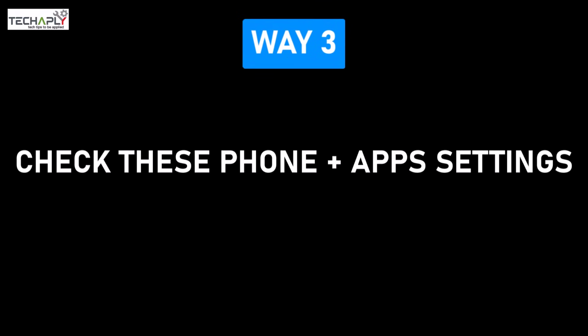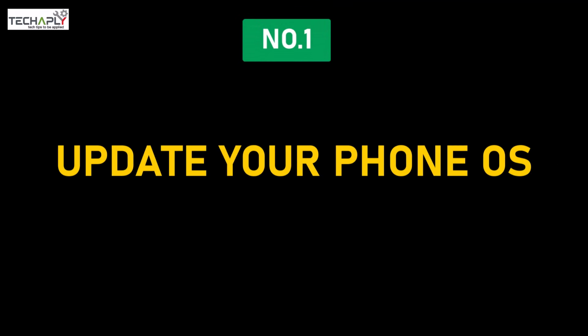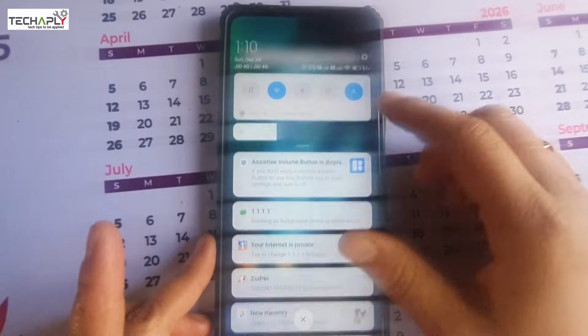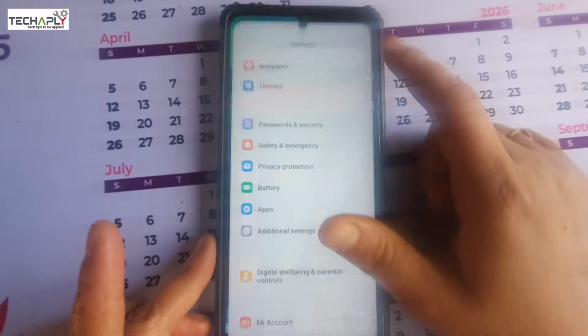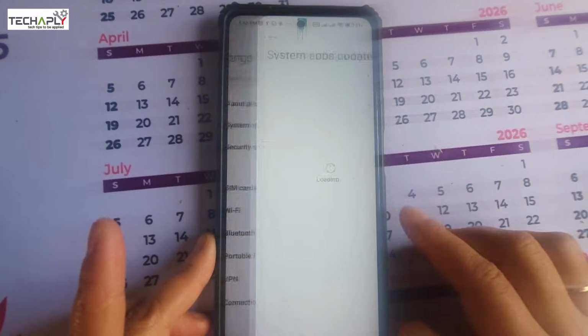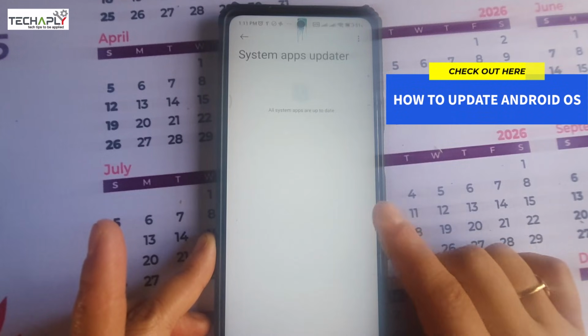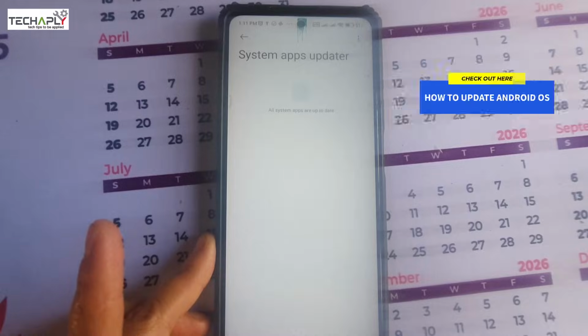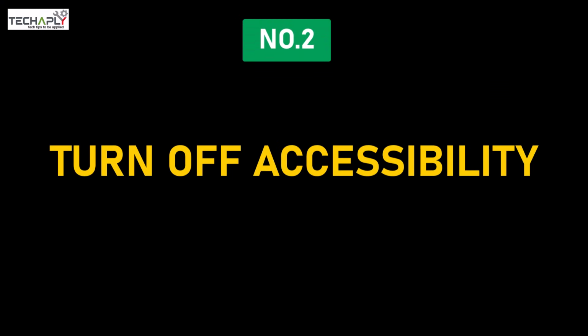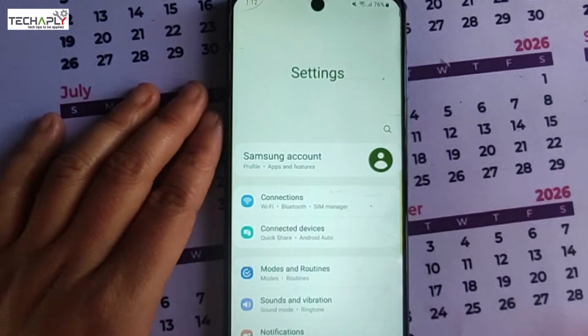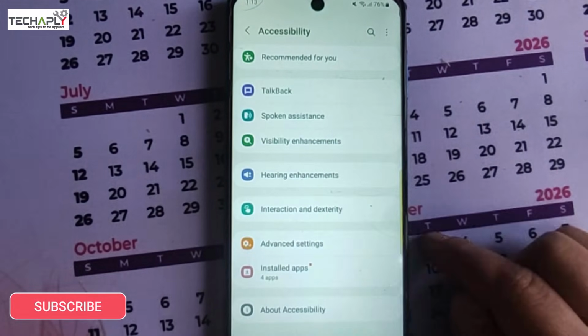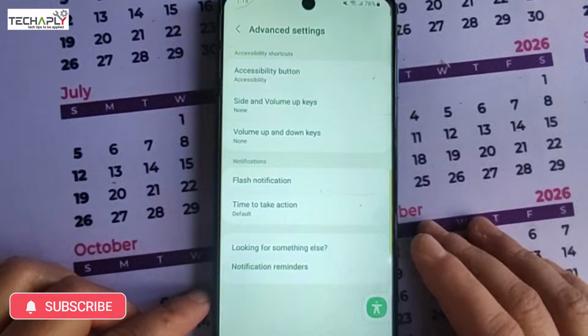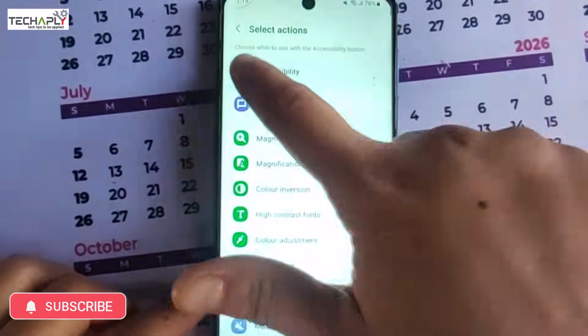Way number 3. Check these phone and app settings and updates. Number 1. Update your OS. You can quickly go to phone settings, then check the system setting and install any available updates. For a more detailed tutorial on this, check out the video on how to update your Android operating system here. Number 2. Turn off the switch access in accessibility. This might work smoothly for some Android Samsung phones though. By going to the settings, then go to accessibility and turn